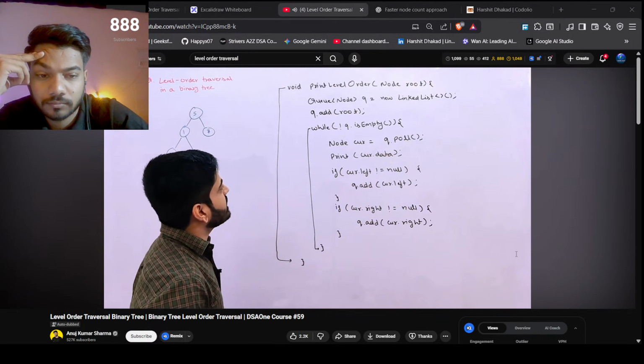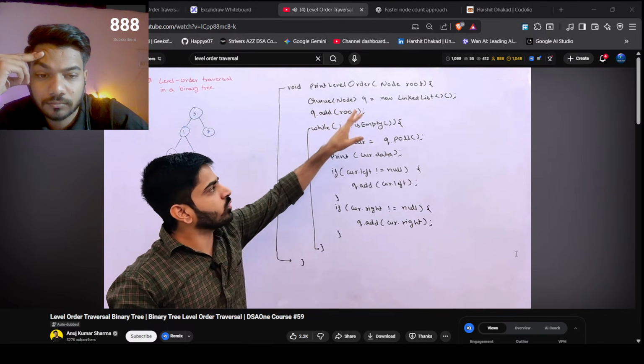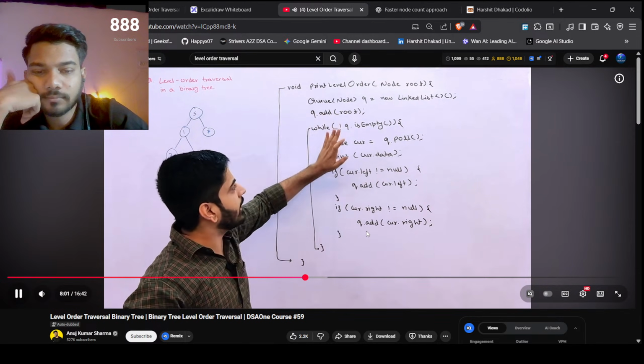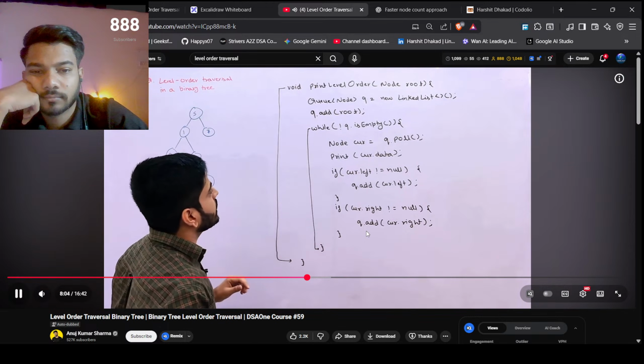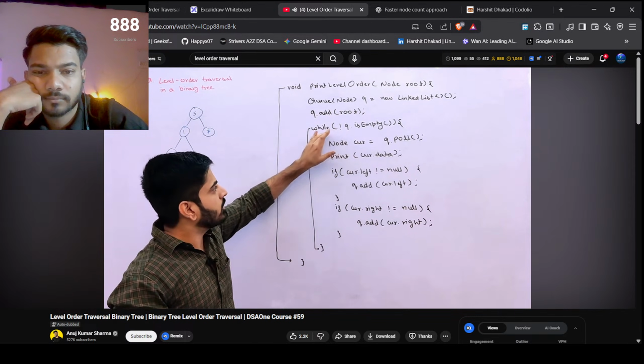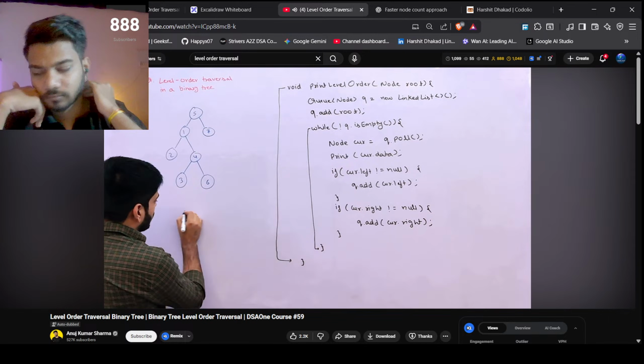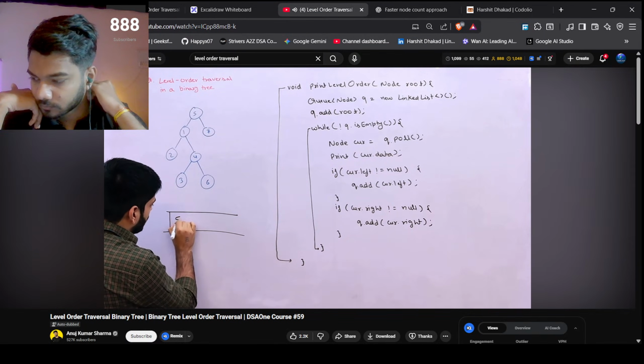तो मैंने यहाँ पर सेम चीज कोड कर दिया, जरा समझते हैं कैसे काम कर रहा है। सबसे पहले हमने क्यू बनाई है, क्यू इक्वल्स टू न्यू लिंक लिस्ट। तो इस तरीके से हमारी क्यू बन रही होती है, आप लोगों को पता होगा किस तरीके से क्यू बनती है, हमने ऑलरेडी देखा हुआ है। उसके बाद हमने क्यू के अंदर रूट को डाल दिया है, हमारी करंट रूट है 5, तो हमने 5 डाल दिया क्यू के अंदर। उसके बाद ये लूप चलेगा जब तक कि क्यू खत्म नहीं होती, जब तक क्यू एम्प्टी नहीं होती, तब तक हम करंट नोड निकालेंगे। तो करंट नोड है हमारी 5, क्योंकि हमने 5 डाला था क्यू के अंदर।